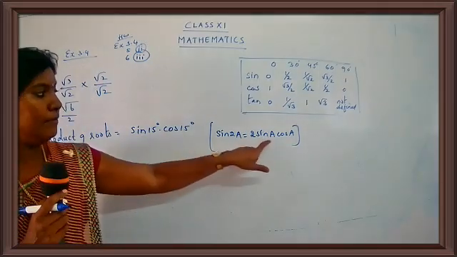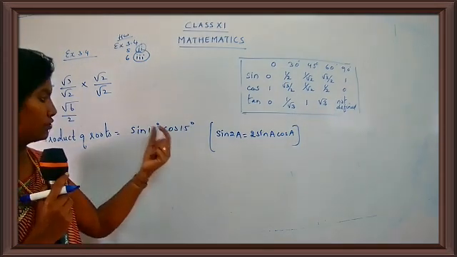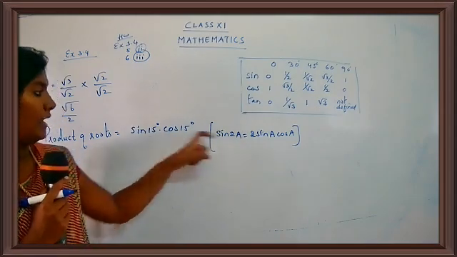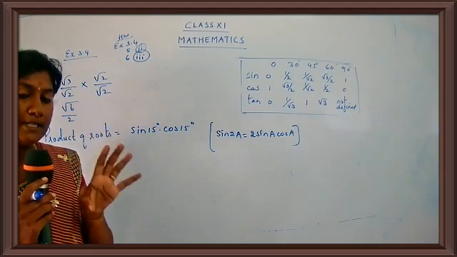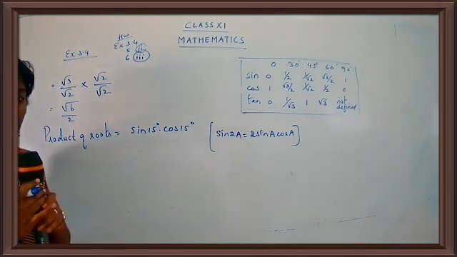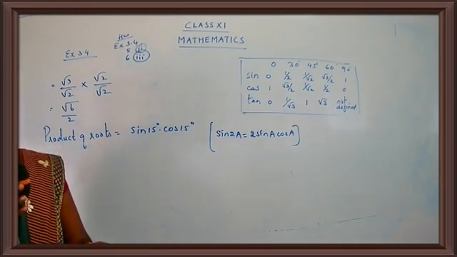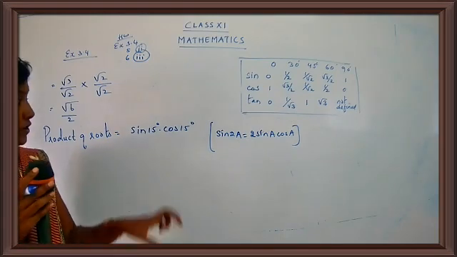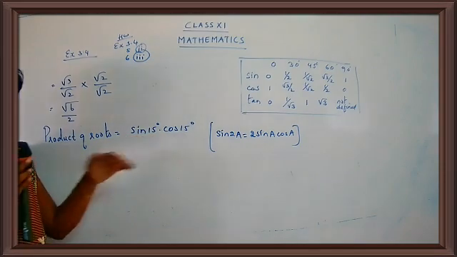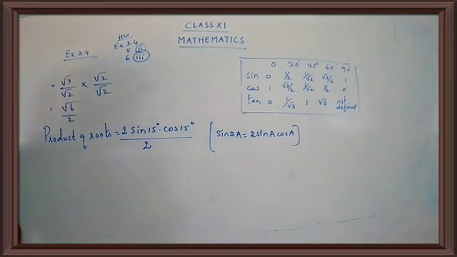It is A and A, which means the angle should be the same. So what is the angle here? 15 degree. And what is the angle here? 15 degree. So both the angles are same. That means you have the part sine A and the part cos A. So which part is missing? 2 is missing here. So I'm just going to add 2. When you make some changes, remember, if I multiply by 2, I also have to divide by 2, so that the value remains the same. So I'm going to multiply by 2 and divide by 2. Are you getting my point, children?